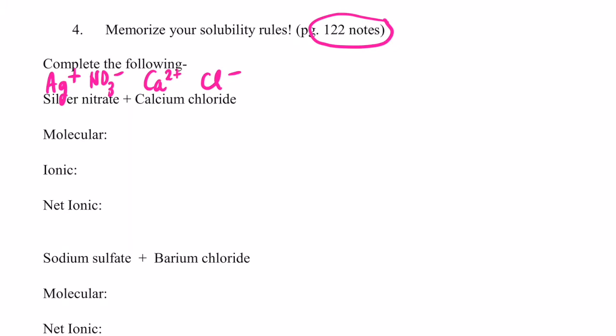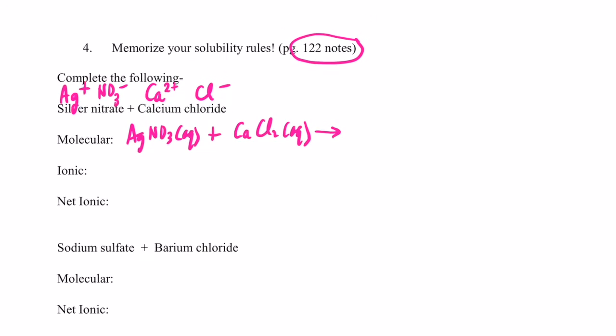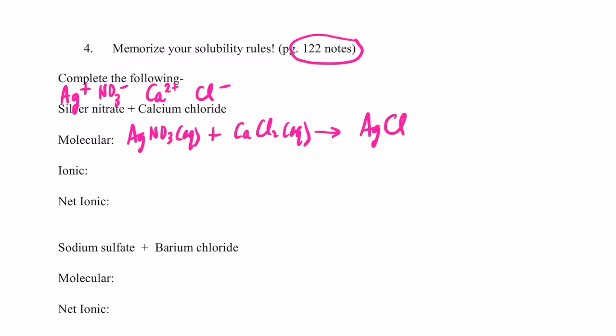Alrighty, so the molecular would be AgNO3 AQ. All nitrates are soluble, no exceptions, and CaCl2 AQ. All chlorides are soluble except for silver, mercury, and lead, so that's an AQ. Double replacement, folks. So silver will get together with chloride, AgCl, 1 plus and 1 negative, and calcium will get together with nitrate,